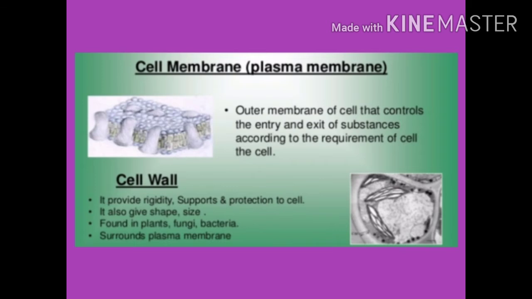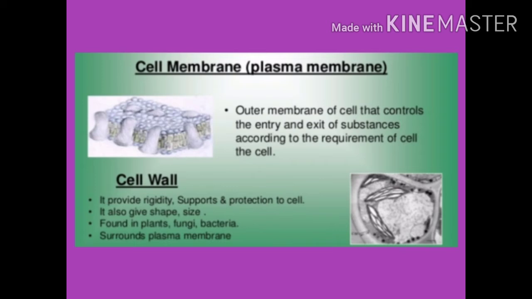First of all, we can see that a typical cell consists of a cell membrane. We can call it the plasma membrane also. Every cell is bound by a thin delicate membrane, which is called the cell membrane or plasma membrane. This membrane is selectively permeable, that means it only allows a few particles to go inside and come out. It provides an outer boundary to the cell, separates cells from one another and from the surrounding medium. It also protects the cell from injury.